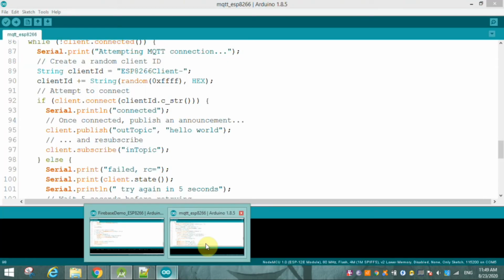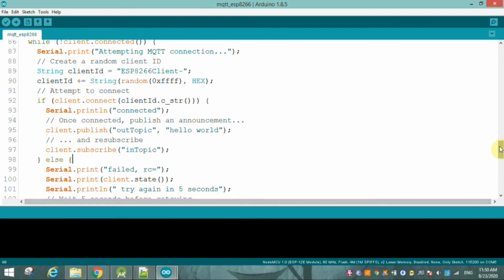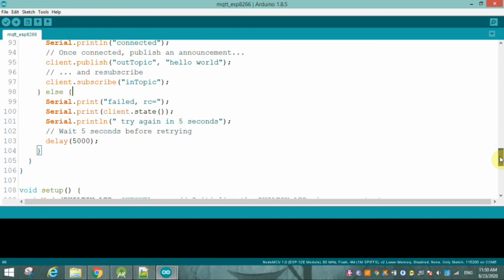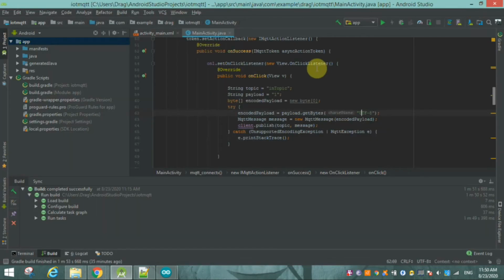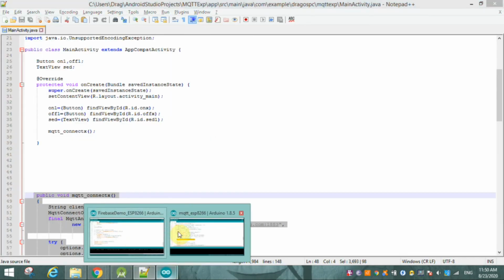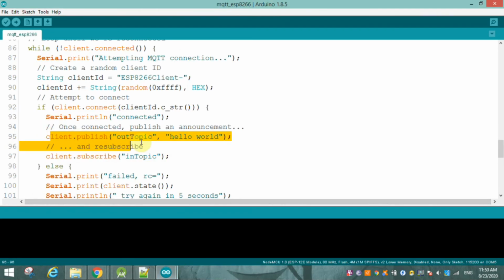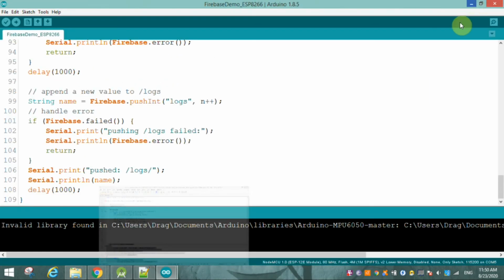Now if you look inside your Arduino code, this client publish and subscribe. Whatever is subscribed over inside your Arduino, you have to publish inside your Android, and whatever is published over here, you have to subscribe inside your Arduino. It works vice versa.